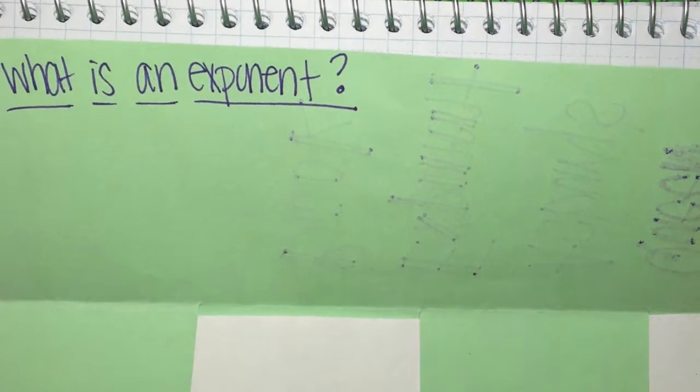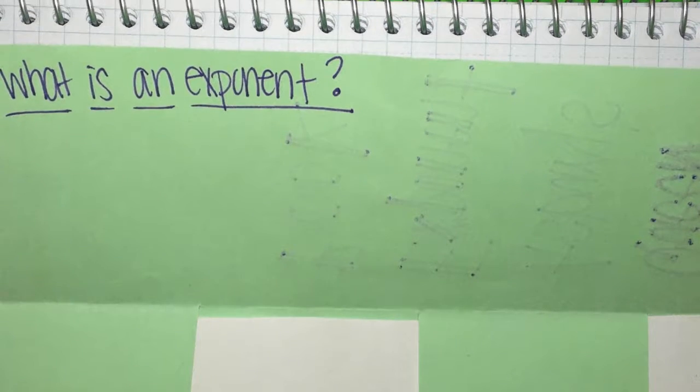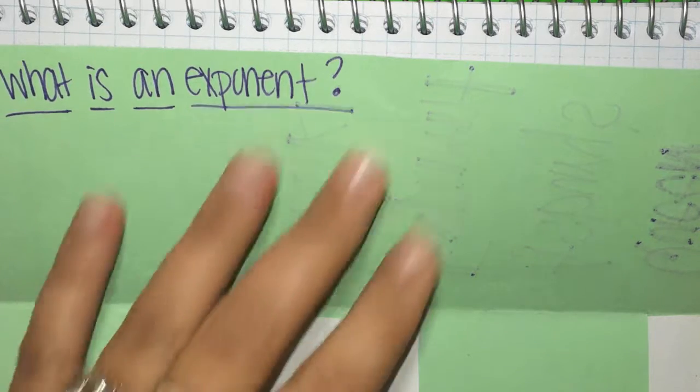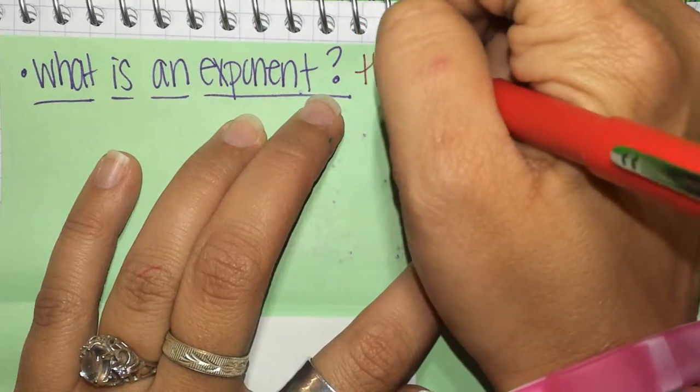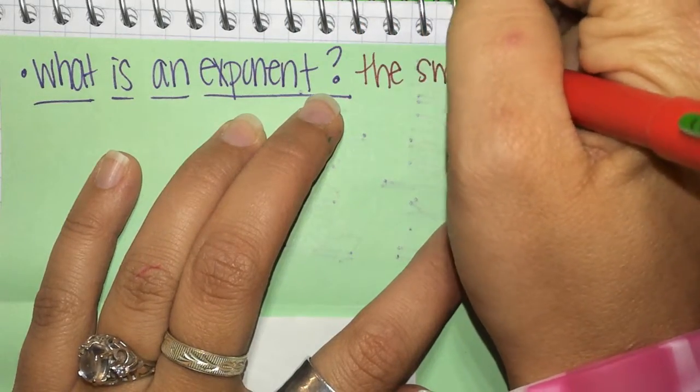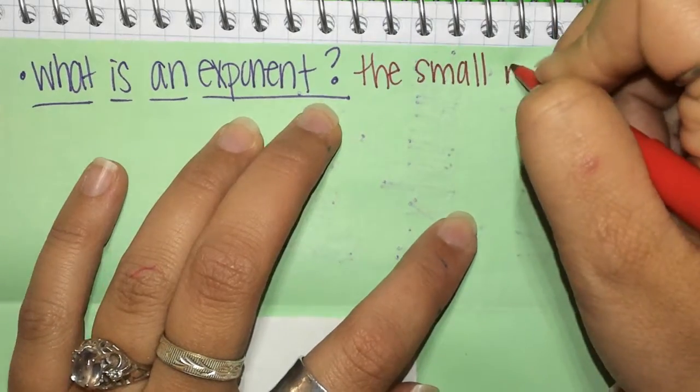Are we ready now? But it's a review of what we did last year, so it'll be good for you. All right. What is an exponent? It is the small number